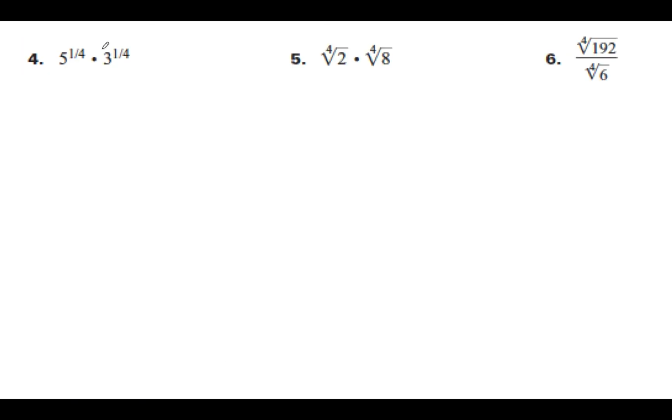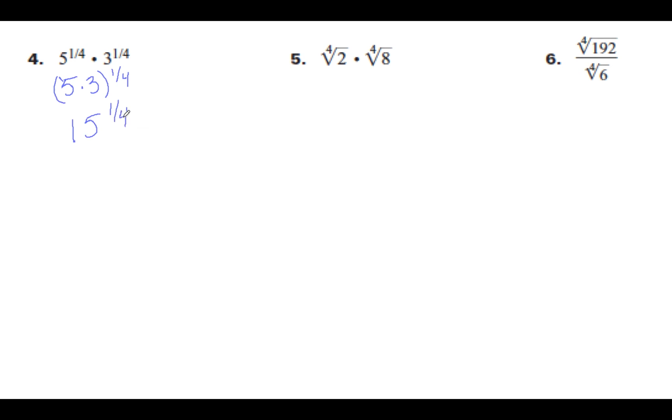Problem number 4. Okay, this is going to be power of a product. So we have 5 to the 1/4 times 3 to the 1/4. So we are going to group this here as 5 times 3, both of those raised to the 1/4 power. So for a final answer of 15 to the